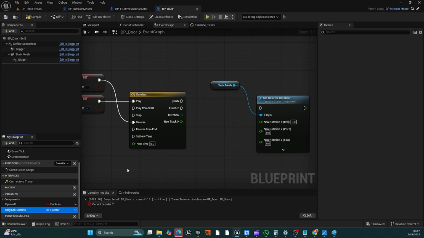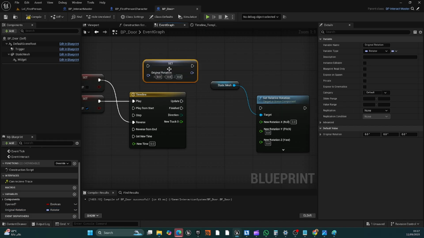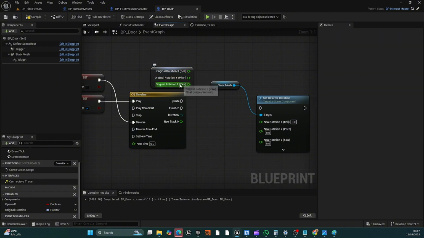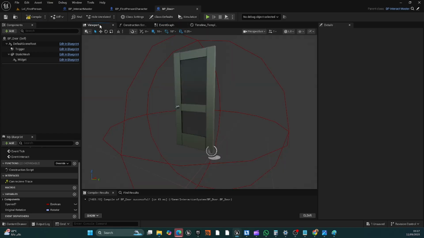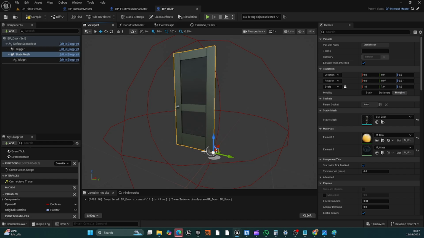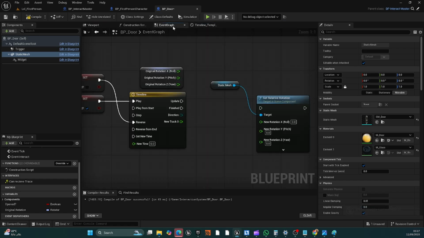So remember the original rotation we had? We just get it right here and split the struct pin, because we want the X, Y and Z. When we rotate a door, we don't want to rotate the X or Y. We just want to rotate the Z, which is basically rotating it like that. Okay? Oh, I really did something wrong here. Okay, anyways,